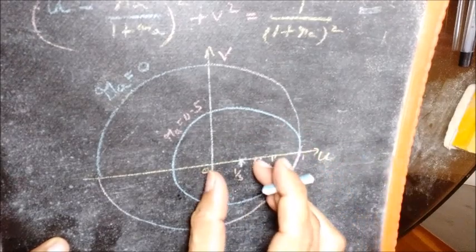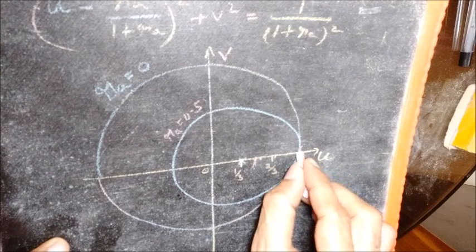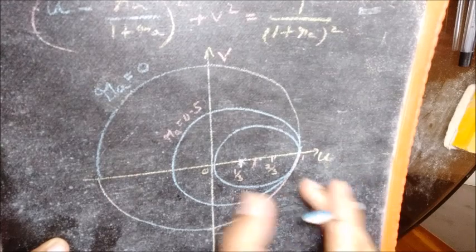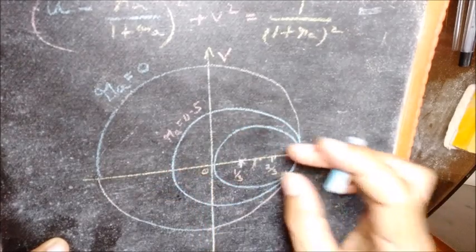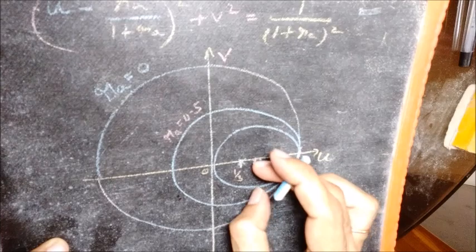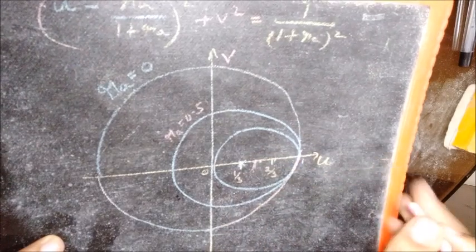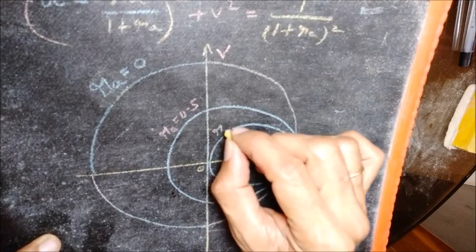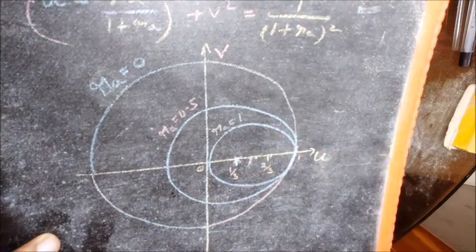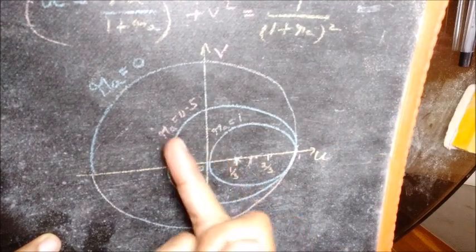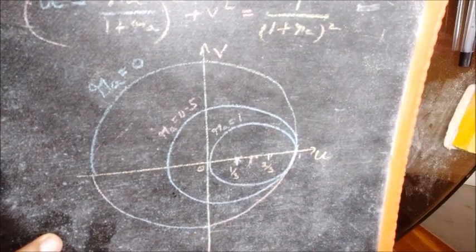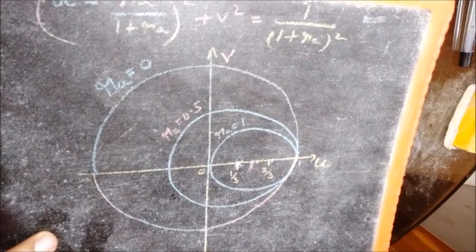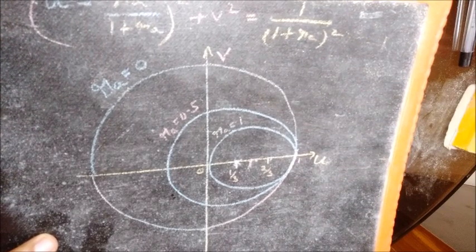So this is 1 by 2, this is 1 by 2, this is the center. The circle will be such that it fits perfectly in this region. It is not drawn to scale and the circles are not very perfect the way I have drawn, but nevertheless this is a circle. So this will be corresponding to RA is equal to 1. Now again remember, in between these there can be numerous circles. So an actual, useful Smith chart will have lots of circles. I will show that, and I have also uploaded it in our files in MS Teams.